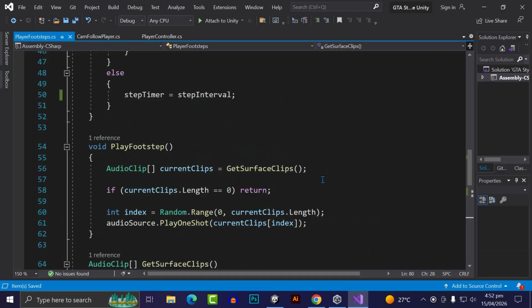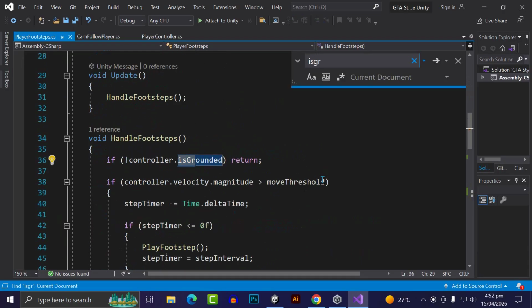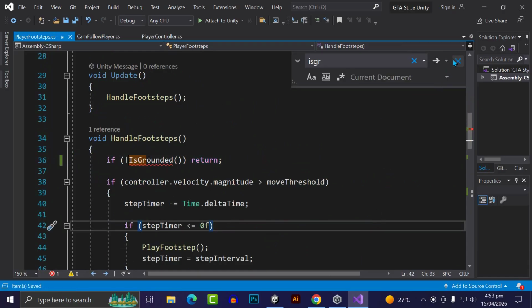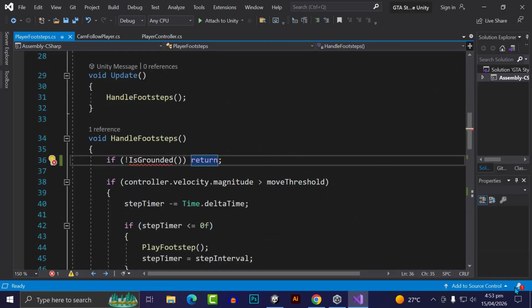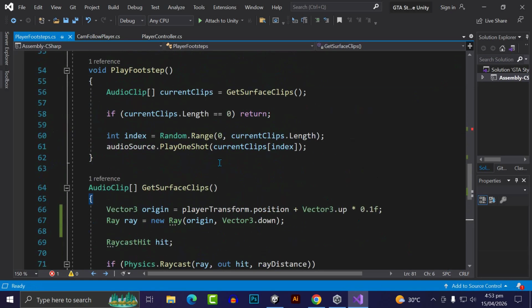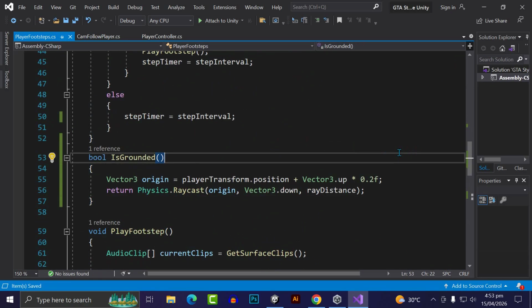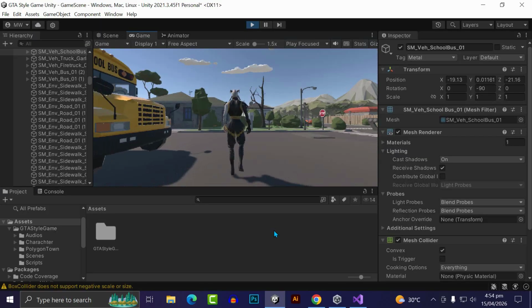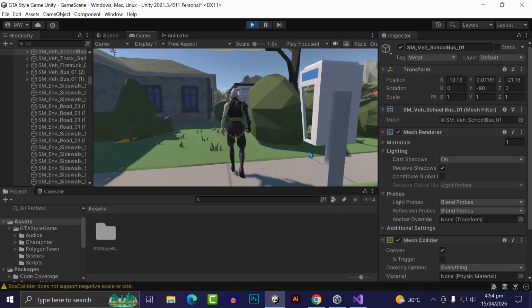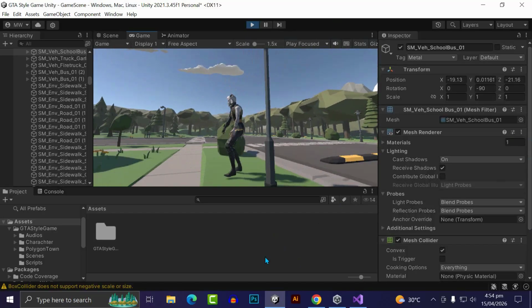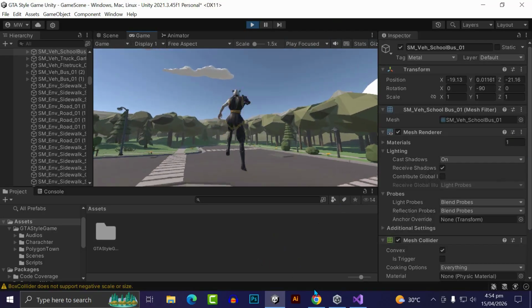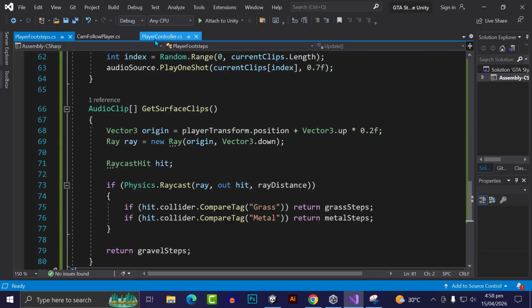So what we will do is change this controller.grounded, and we'll just make it is grounded and return, and otherwise we will play the other function, and we will also add a bool is grounded function. And till now I still can't hear the sounds smoothly, and then what I have changed is that